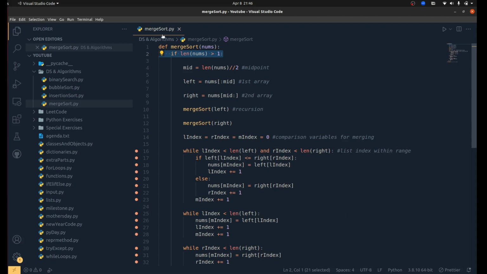Okay, so to do that, we're going to have a midpoint so we can actually divide the list in half. We're going to do that by doing floor division of the length of the list, and then we're going to use slicing to slice the list into two parts, a left side and a right side, so the first and second array. Now we're gonna merge sort the left side, so we're gonna run this function again,